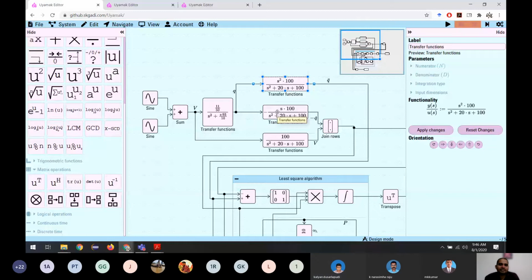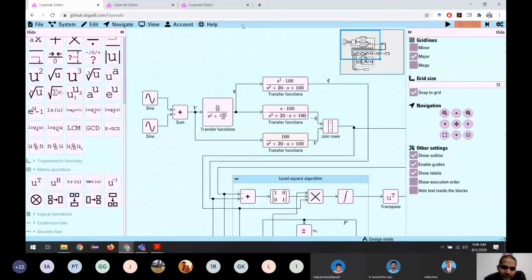Okay, how we select the filters: first, for selecting a filter, what you have to see is the noise you want to attenuate. It's the same as a low pass filter. You design it the same way. But another thing we have to make sure of is, for example, if you want to differentiate once, you should have a denominator of at least s. If you want to find acceleration, you have to differentiate twice, so the denominator should be s squared.